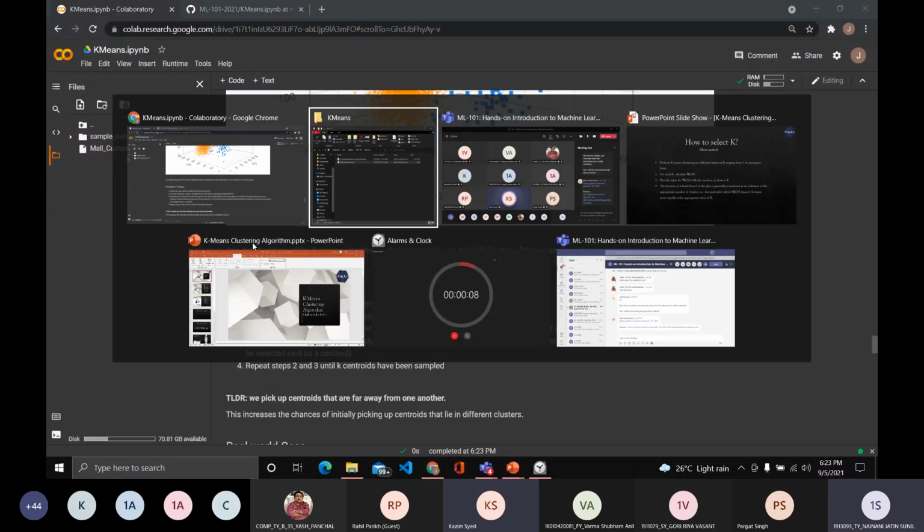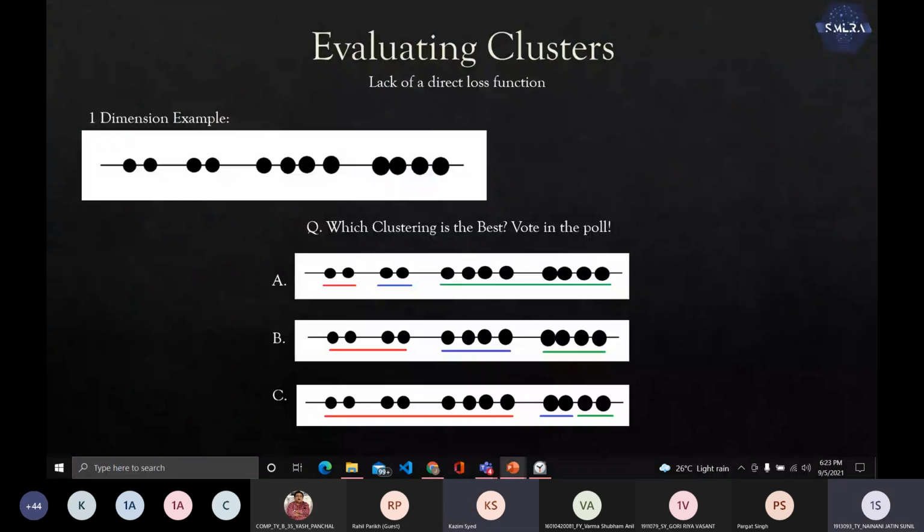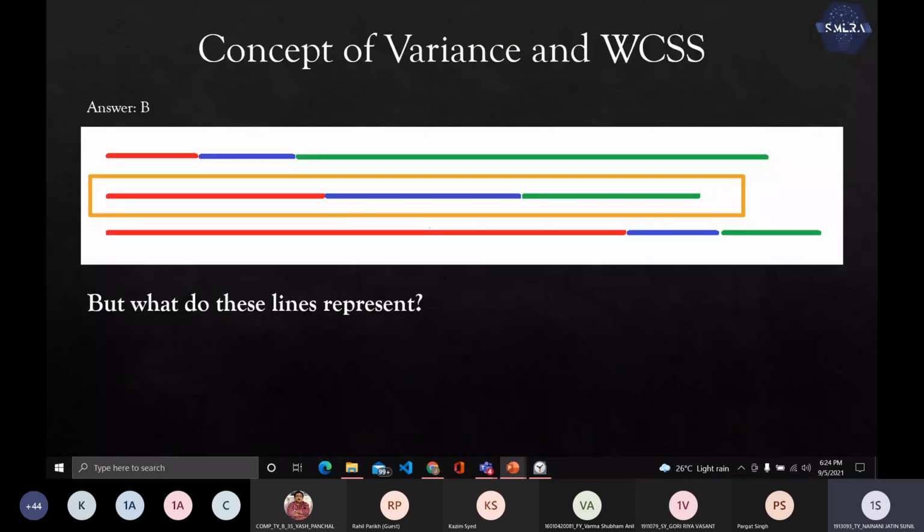Okay, I'll repeat. Don't worry. So, why do we use variance? Because this is an unsupervised learning problem, right? In supervised learning cases such as linear regression or logistic regression, we had an actual label or the true value with which we can calculate error. Here we cannot calculate error, right? So here we'll use variance.